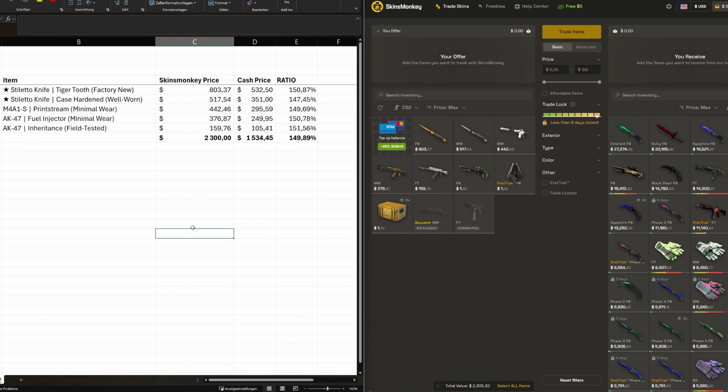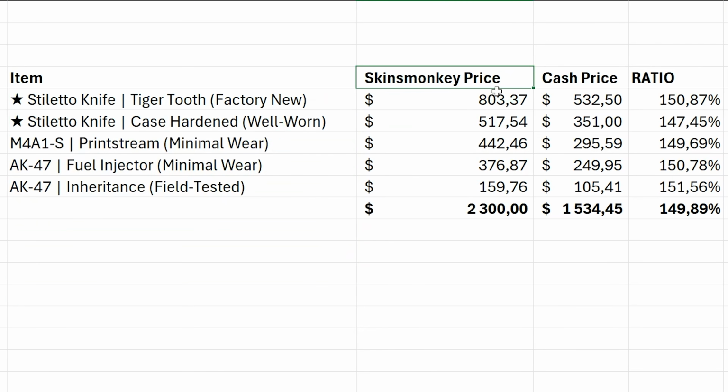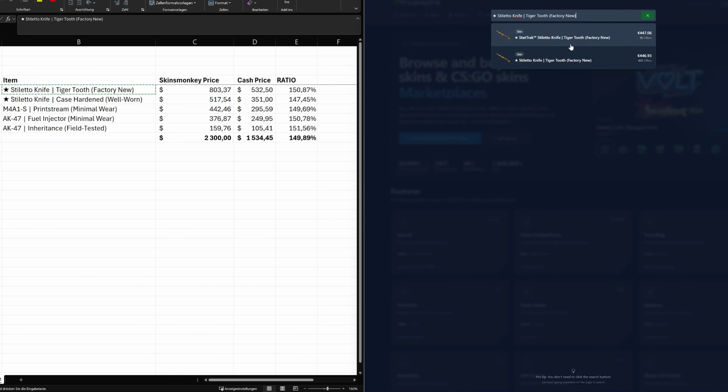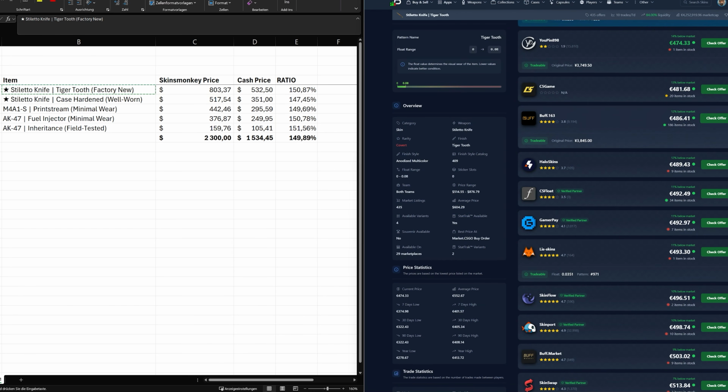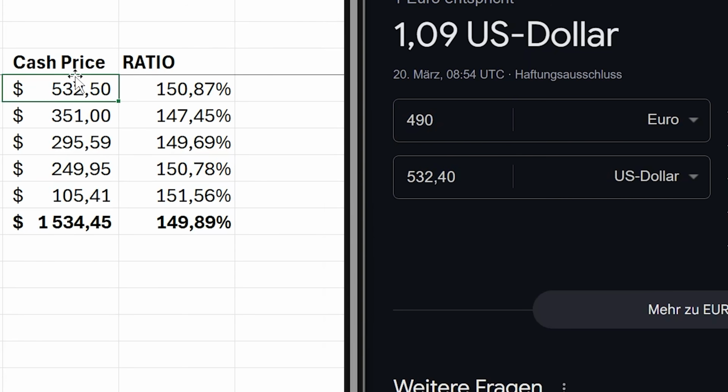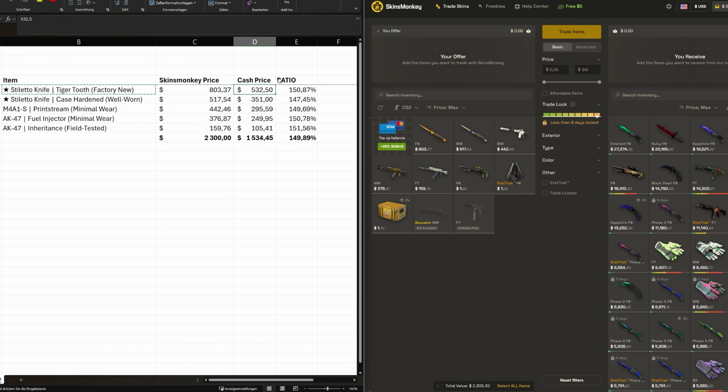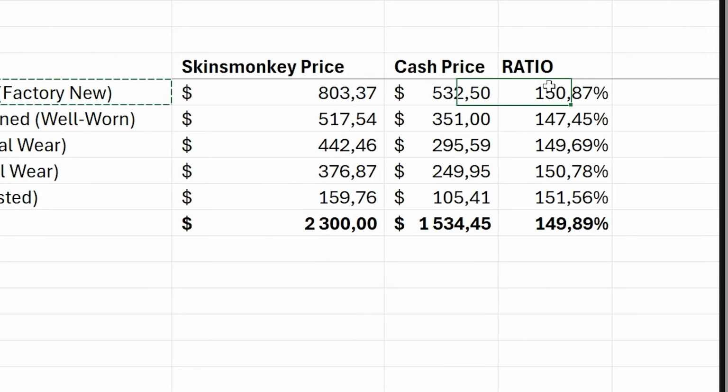We have the item, the price SKINSMONKEY offers us here, and the cash price, so what price this item is really selling for. If we, for example, take the Stiletto, go to Price Empire or any price provider you trust that offers cash prices, we see that this is going for 490 euros, which is this amount in US dollars. Then we can divide that, so this divided by this, and we get the ratio, which is really good